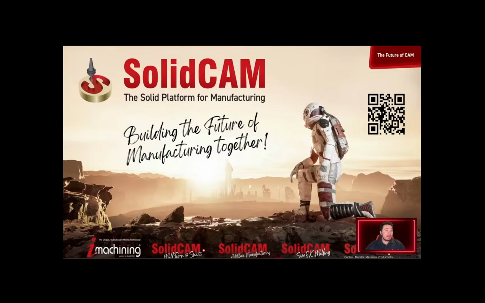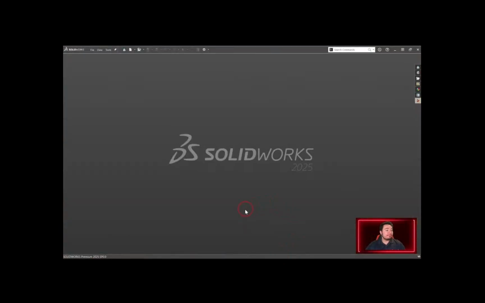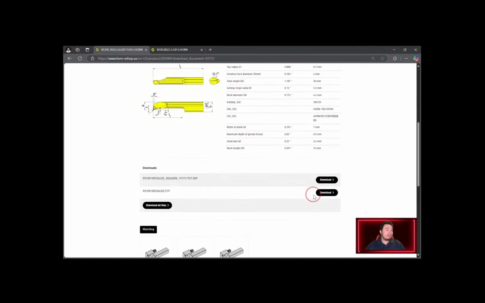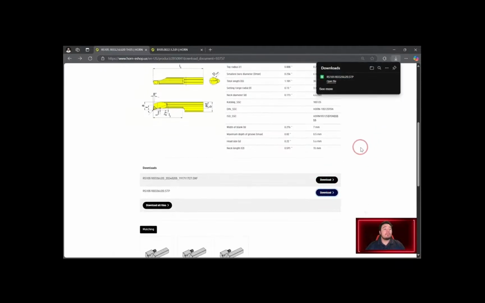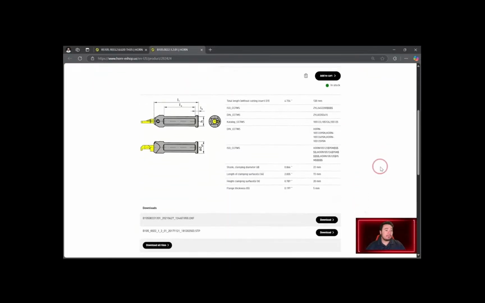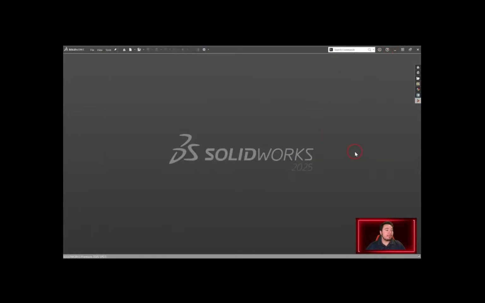All right, so let's go ahead and open up SolidWorks. Now that we have SolidWorks open, let's go ahead and open up our website with our tool. Scroll down to the bottom. Now that we have our tool downloaded, we're actually going to download the holder for that tool as well. All right, now we can close down the website,